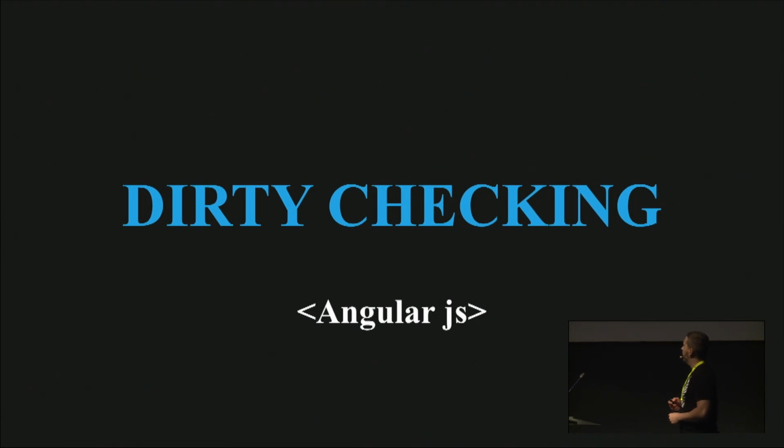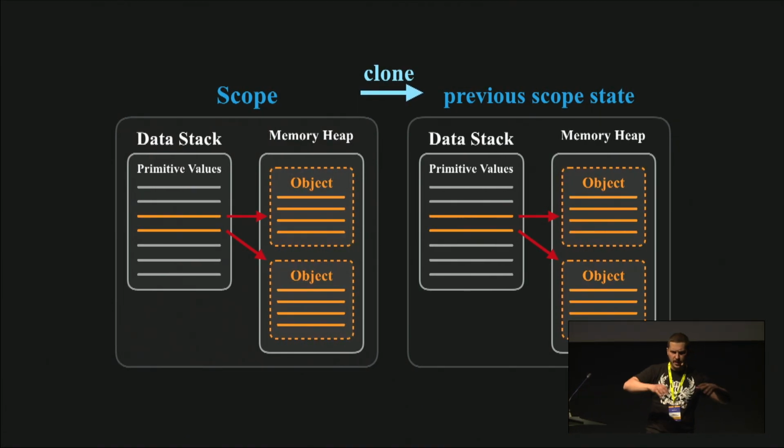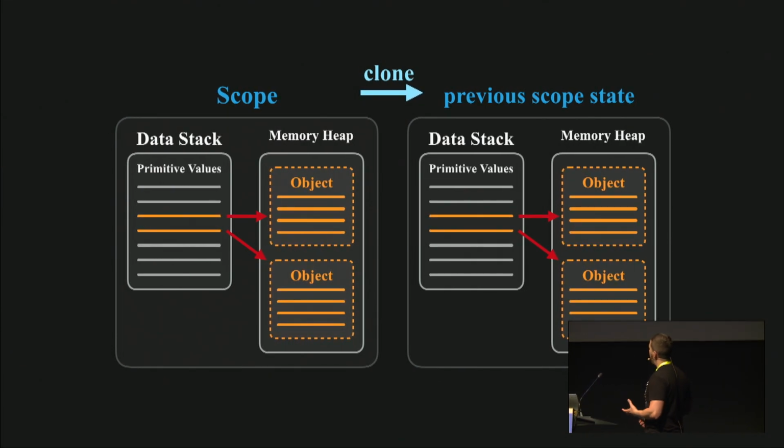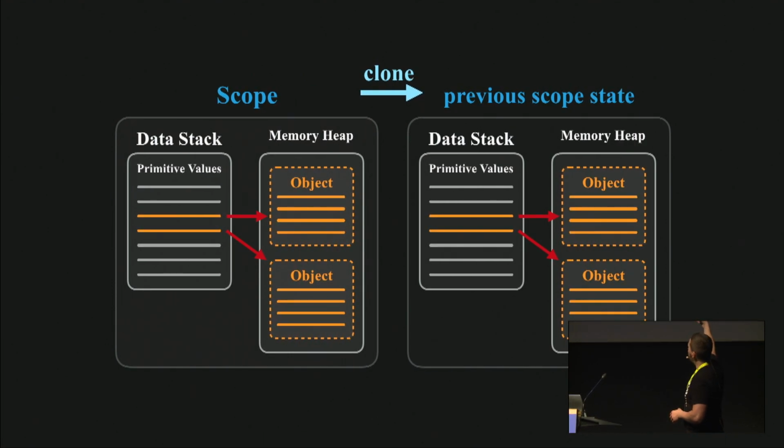And the dirty word: dirty checking. How was it working? You have your application, you have HTML or your properties, components, and all the stuff. It has a name, it's scoped. There is application state, all the hierarchy, all this tree, it's a state. And AngularJS, in order to find a difference to update your view, to re-render it, was cloning the previous state, deeply cloning. So it was cloning all properties or memory heap objects. So it was a huge memory hit each time something happens, like the user clicks a button.